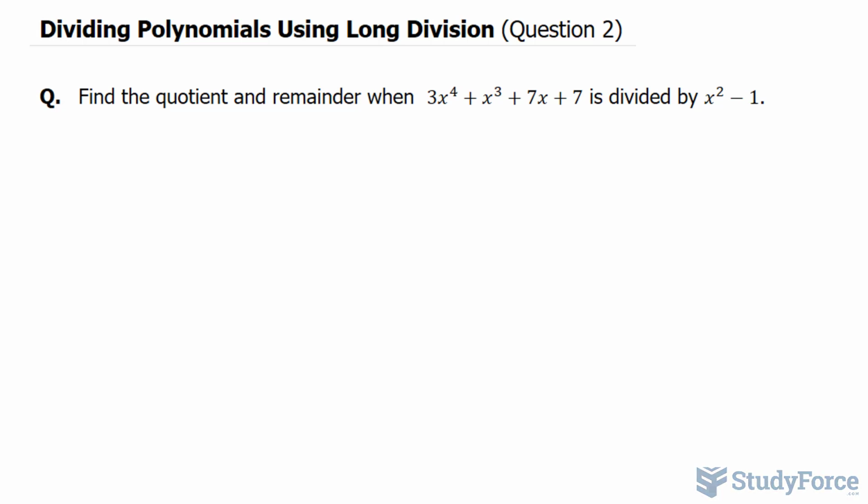We're asked to find the quotient and remainder when 3x to the power of 4 plus x to the power of 3 plus 7x plus 7 is divided by x to the power of 2 minus 1. If we were to look at this in a fraction view, it would look like this, where we have 3x to the power of 4, essentially that first expression, as the numerator,